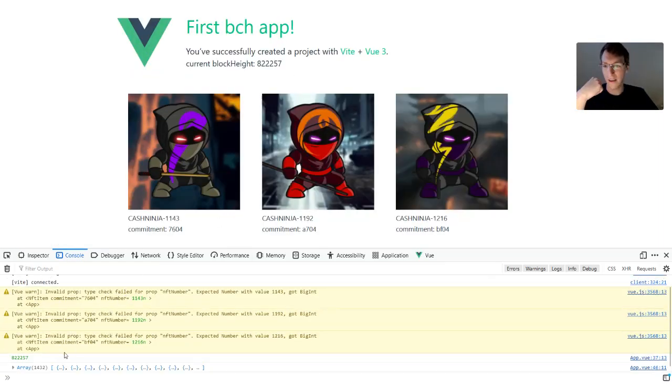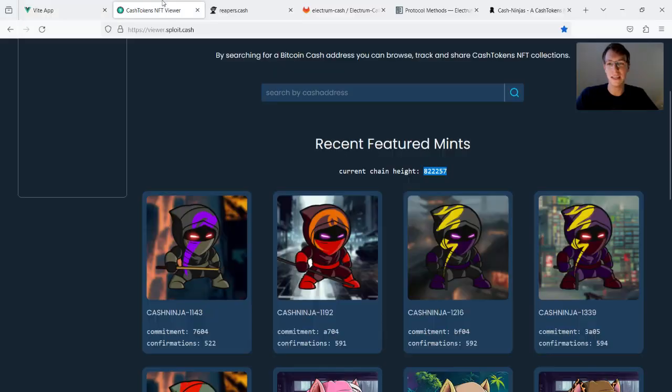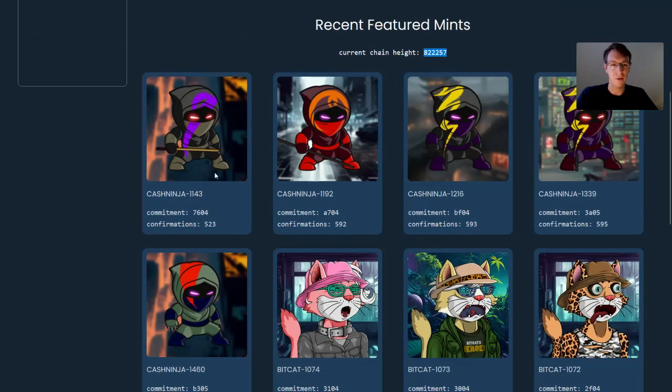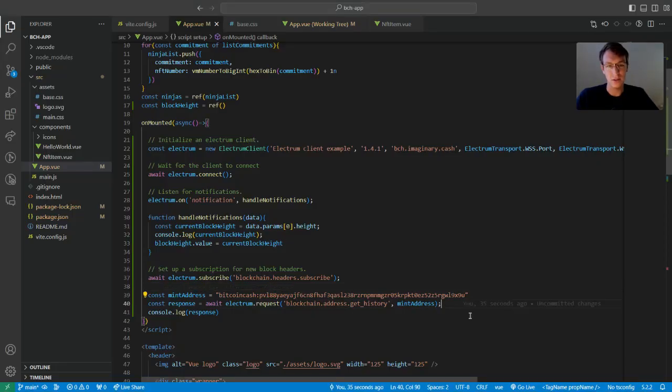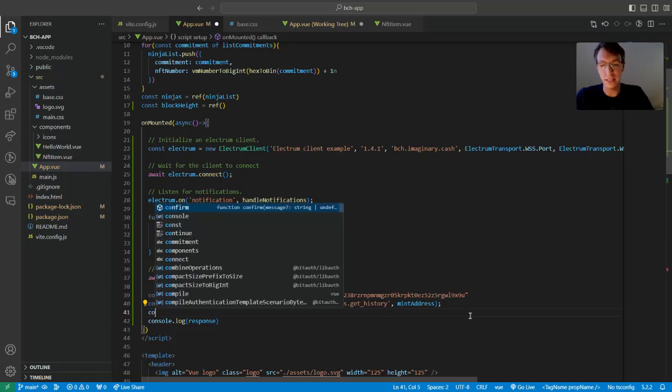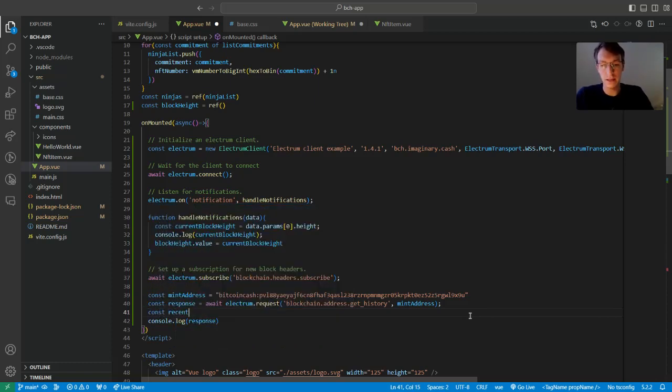And here we have the block height correctly rendering and the whole history, which is an array of 1432 items. So a very long array. So we need to split this, so we only have the most recent 5 elements. So we would call this, for example, recent mints, and we can parse this array to the response by doing